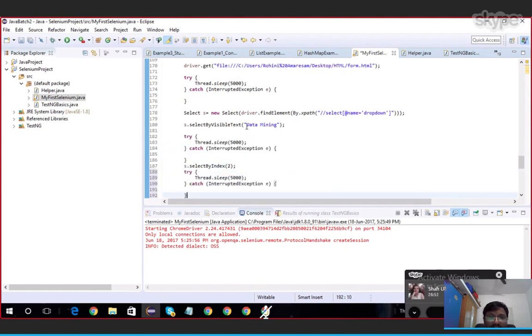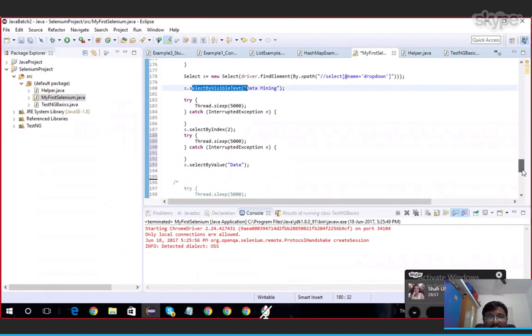First we are selecting data mining by using the option tag text. After that, based on index we are selecting algorithms. After that, based on value we are selecting data structures.